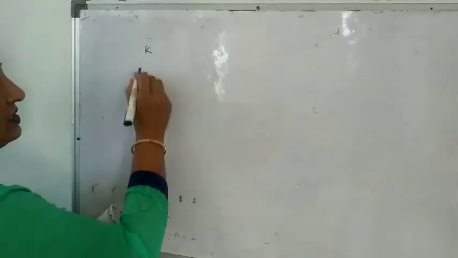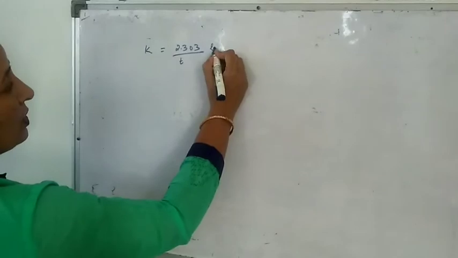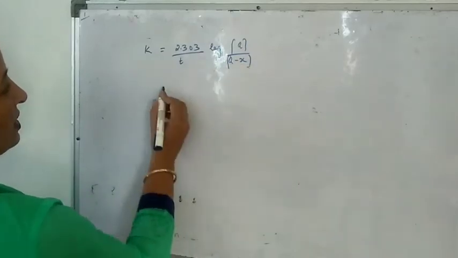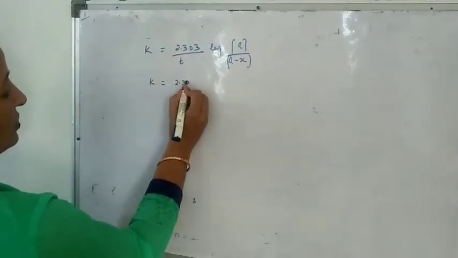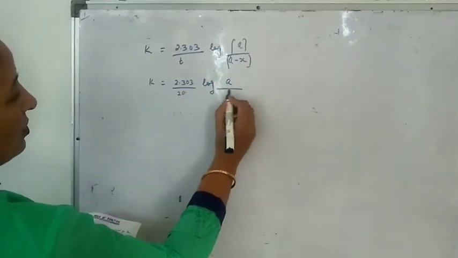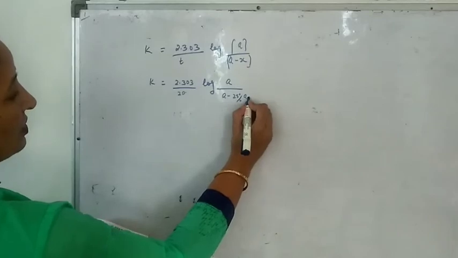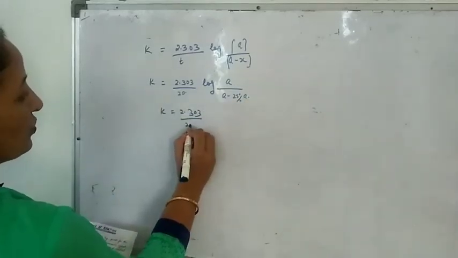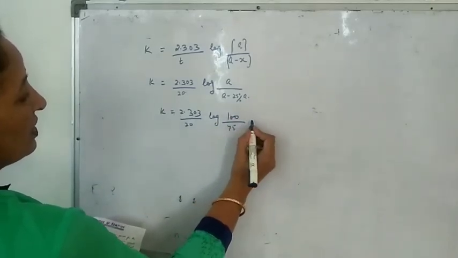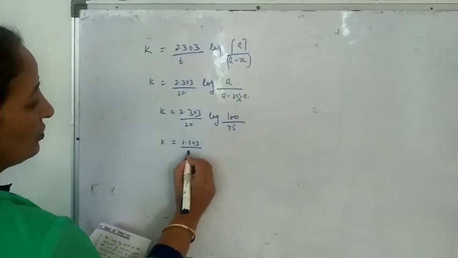So for the first case, K is equal to 2.303 upon T log of A upon A minus X. So K is equal to 2.303 upon 20 log of A upon A minus 25% of A. 2.303 upon 20 log of 100 upon 75 or 4 upon 3 or 1.333